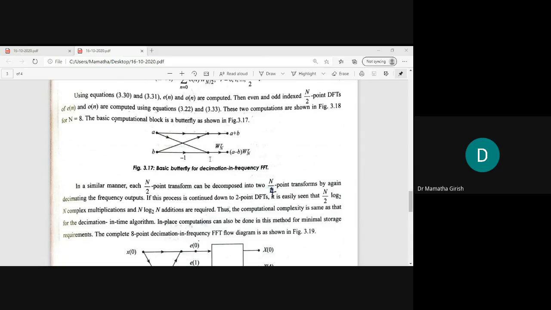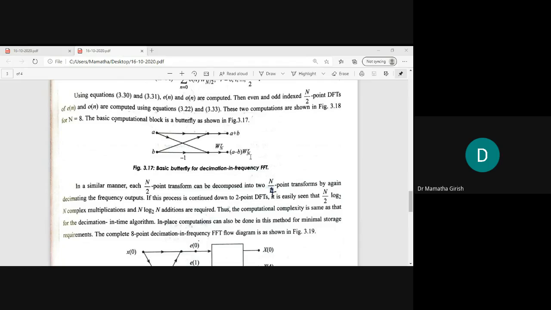See, at this point of time, what is the output? It is A times minus B. A plus B, since B is multiplied by minus 1, the resulting output is A minus B. That A minus B has to be multiplied by the twiddle factor term W to base n to the power of R. Accordingly, the resulting output is A minus B times W to base n to the power of R.